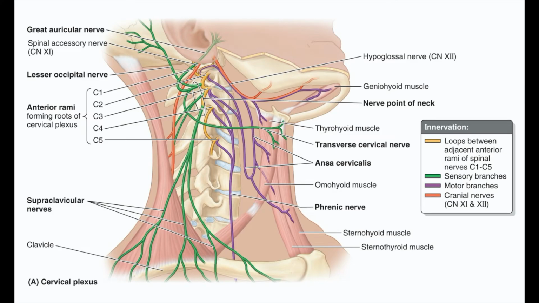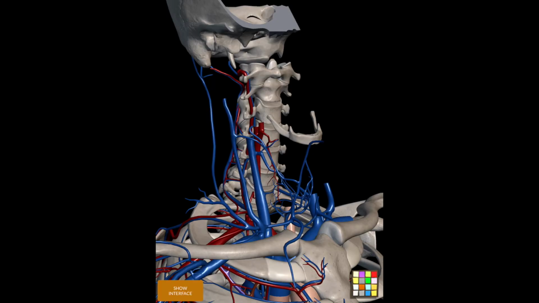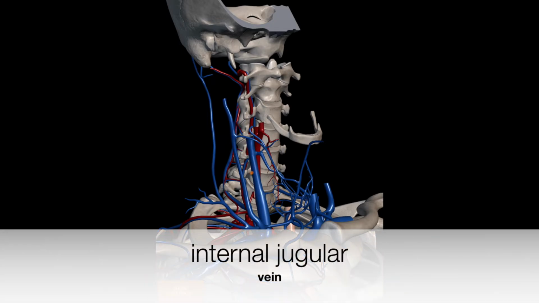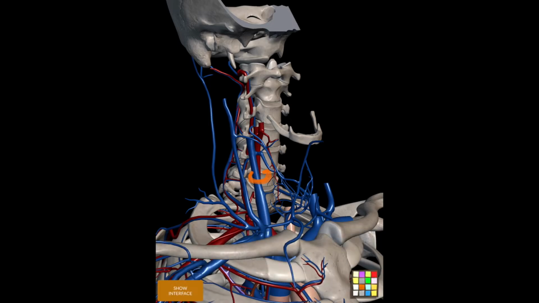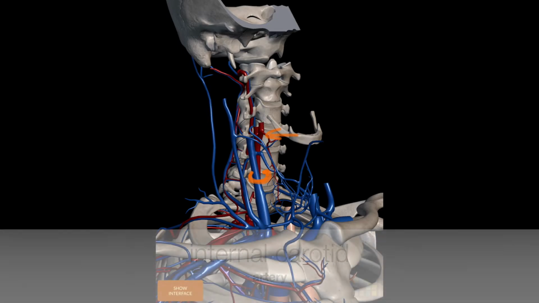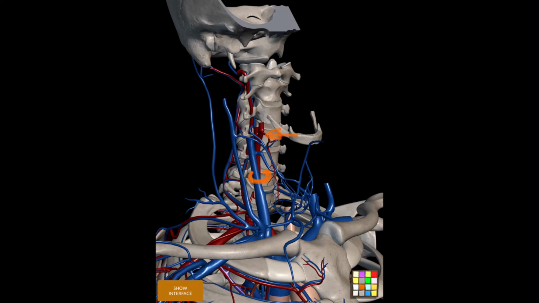There's also this quite lovely diagram which summarizes most of the nerves in this cervical region. Moving on now to the vascular structures. We can see by this diagram that the main vascular structures are the internal jugular vein and the common carotid artery initially running in the carotid sheath, which would be surrounding them, and until the common carotid divides into the internal and external branches here at about the level of the hyoid bone, which is about the C4